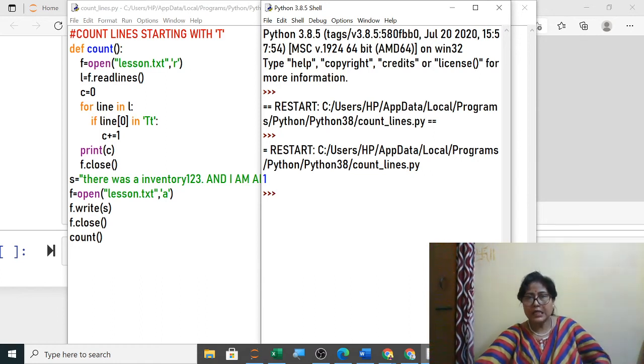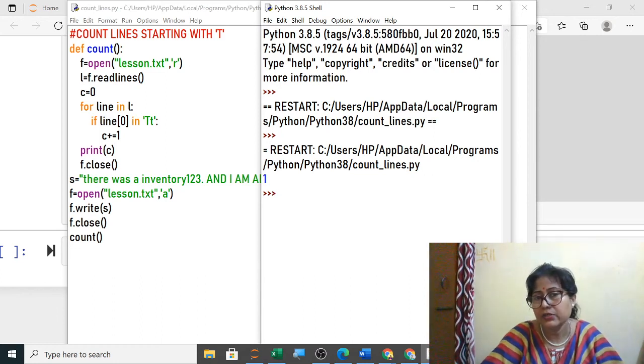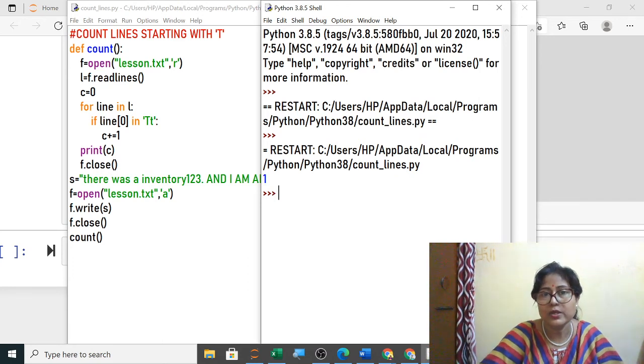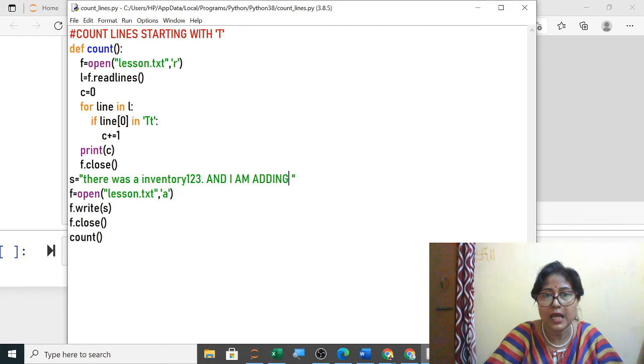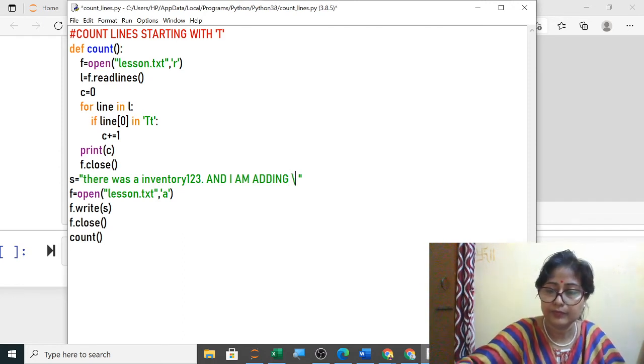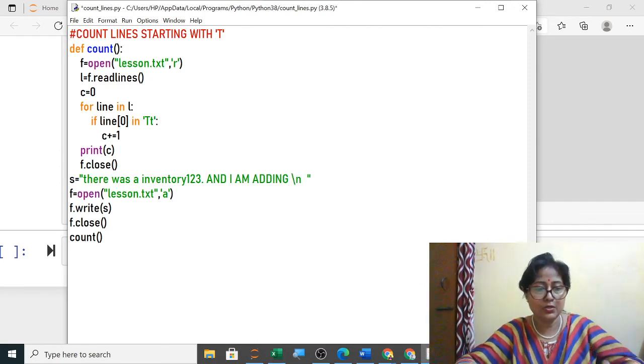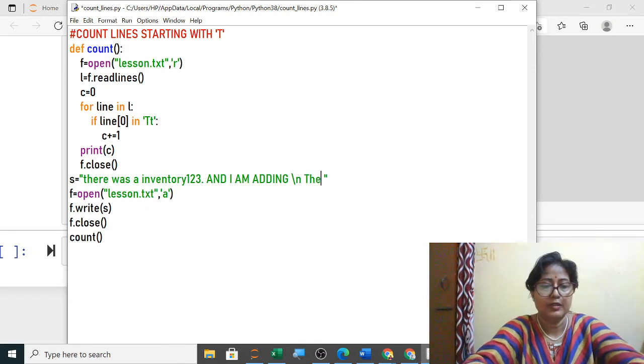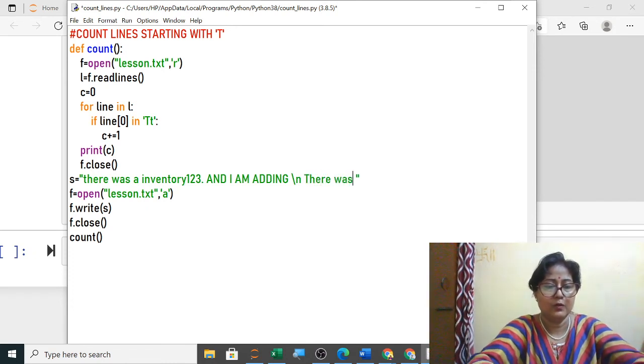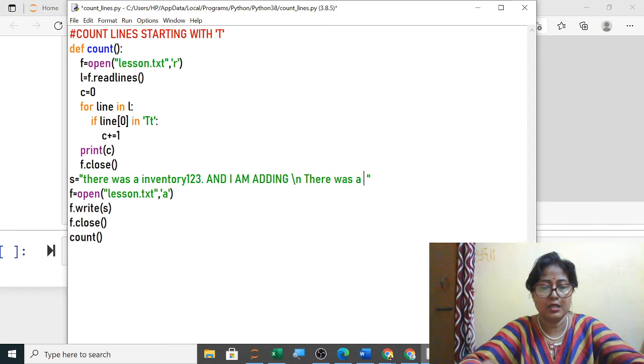Yes, now you can see here it is continuously adding in that without a new line. You haven't used backslash n anywhere. So it is showing only one. But if you write here a new line and you start something, there was a state in India.